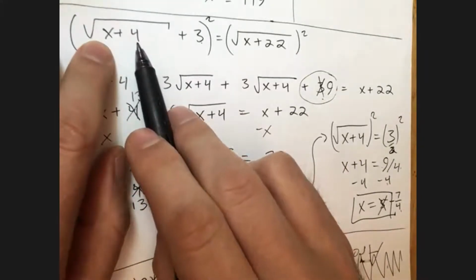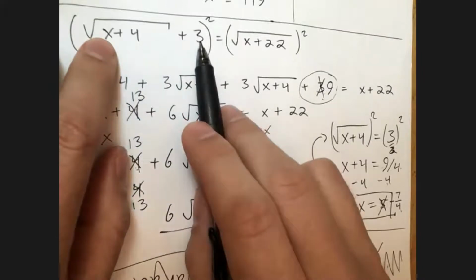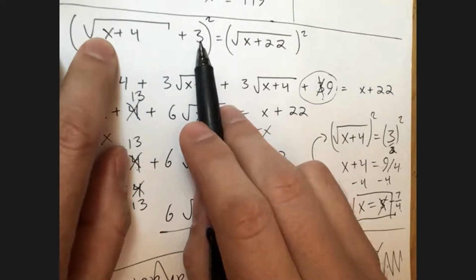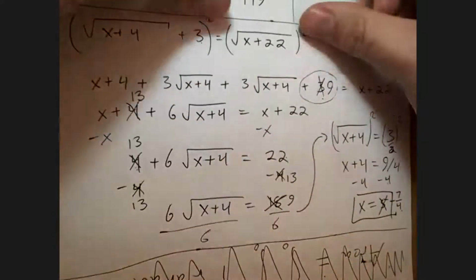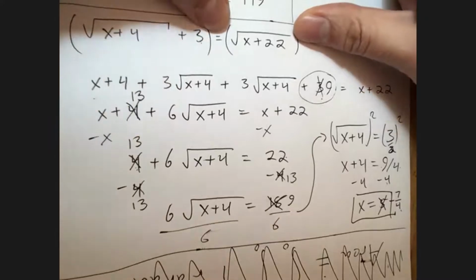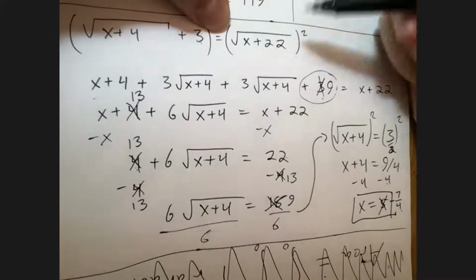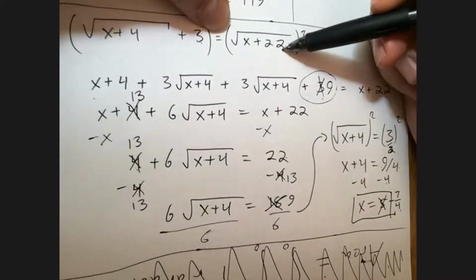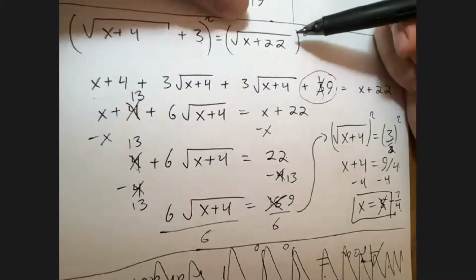The square root is 3 halves. So I have 3 halves plus 3. 3 halves plus 3 is 3 halves plus 6 halves. So that's 9 halves. So on the left-hand side, if I ignore the squares, because that wasn't in the original problem, I have 9 halves. If I put it in on the right-hand side, I've got